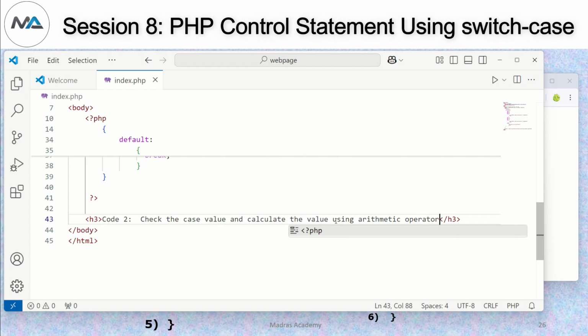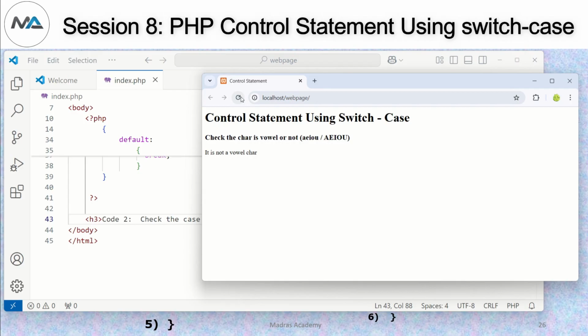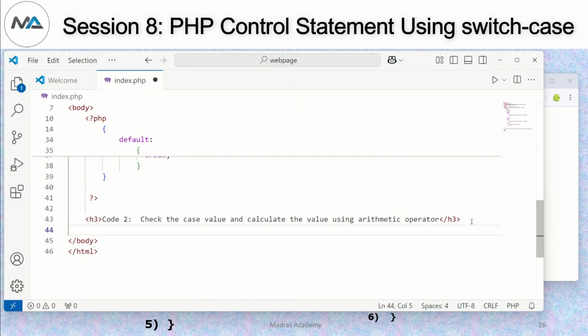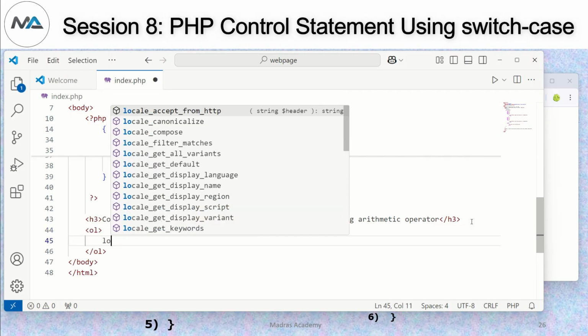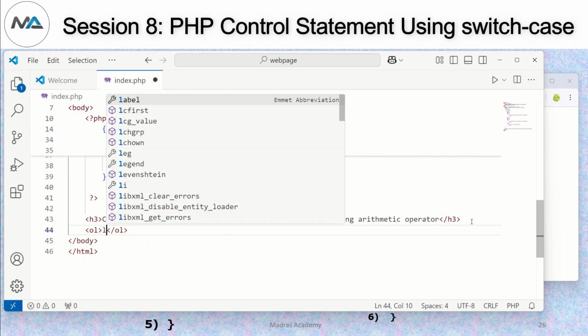Okay, using arithmetic operator. This is the next concept. Here, first we will plan it. We'll write OL tag and LI tag. If I entered